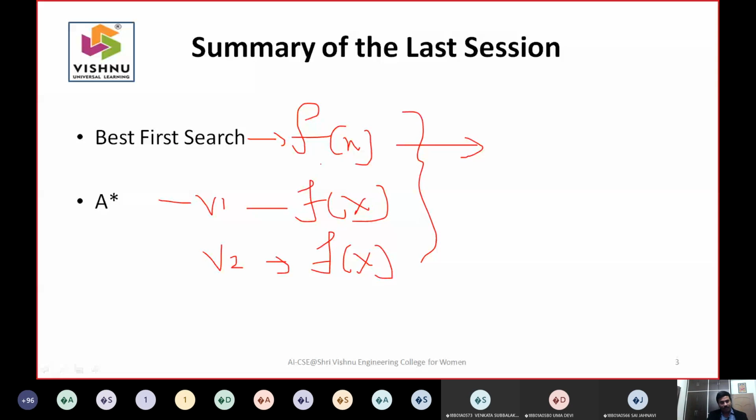Best first search is based upon your BFS and DFS algorithms, but based on the heuristic, sometimes you will have some advantages, sometimes you will have disadvantages, that we have seen in terms of DFS and BFS also. Can somebody again unmute and tell me what is the heuristic that we selected in the last class in version 1 of your A star algorithm?